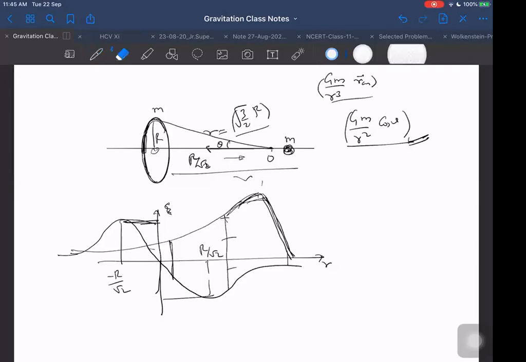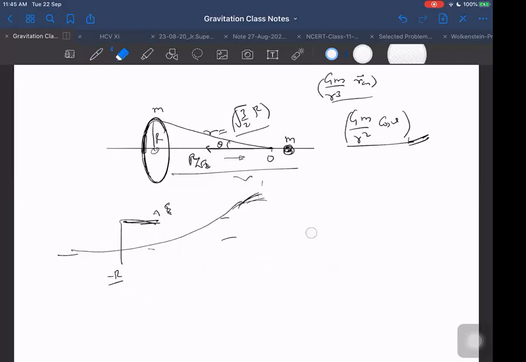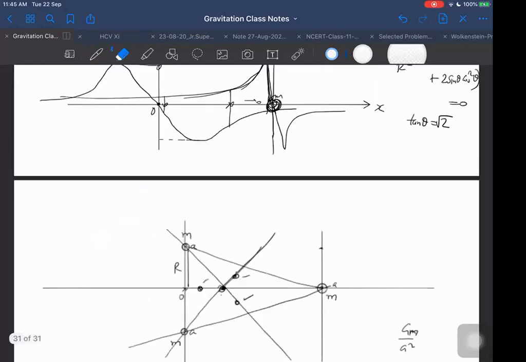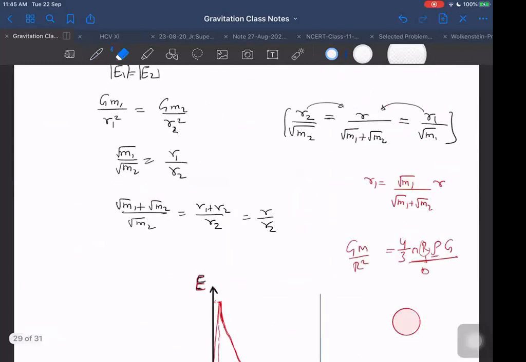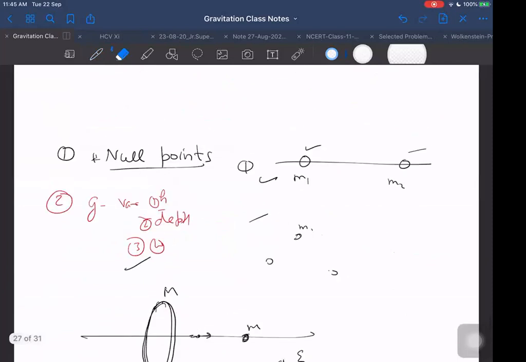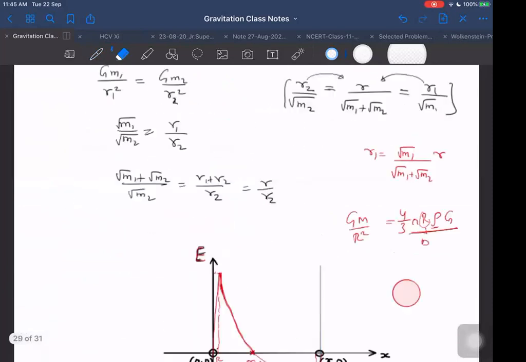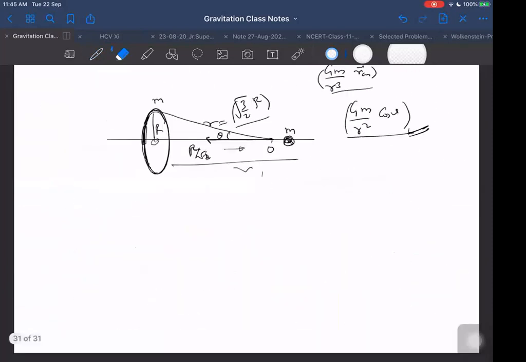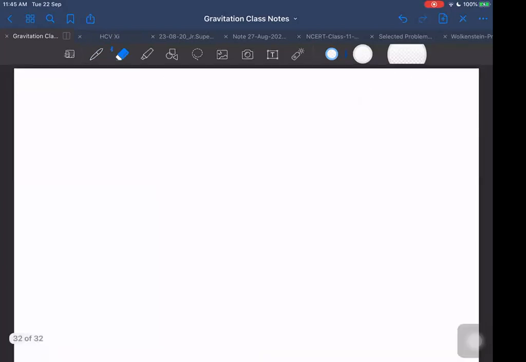Right. Now, the other question was of superimposition. But first, before superimposition, let us consider the acceleration due to gravity and the difference between acceleration due to gravity and the gravitational field. Nearly the same, but one minor difference is there that I will tell you.